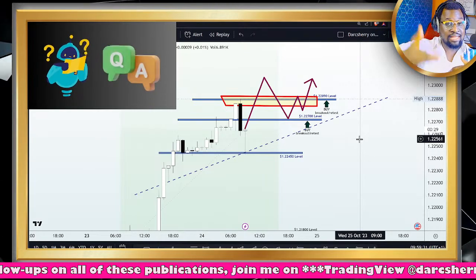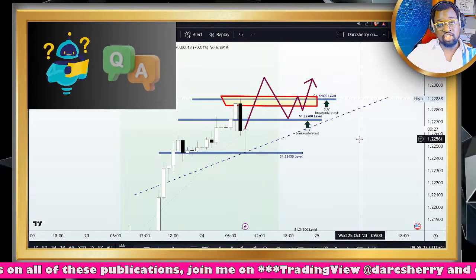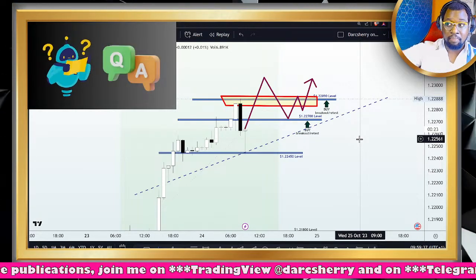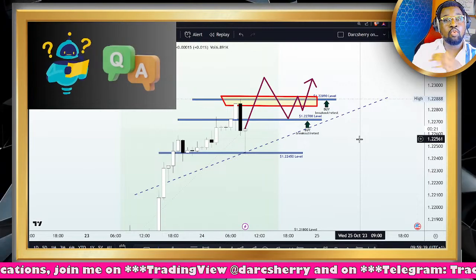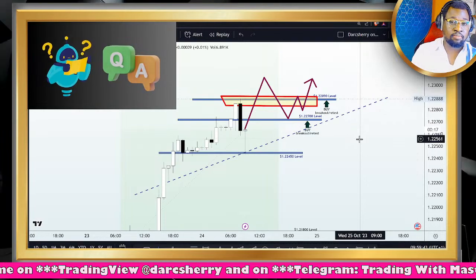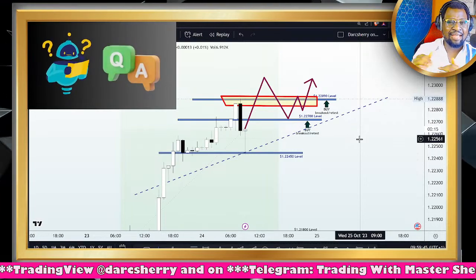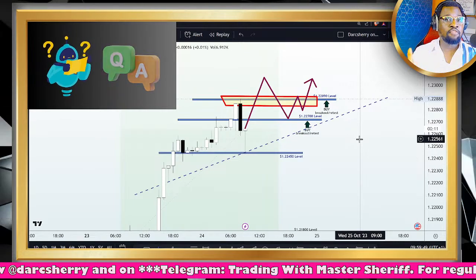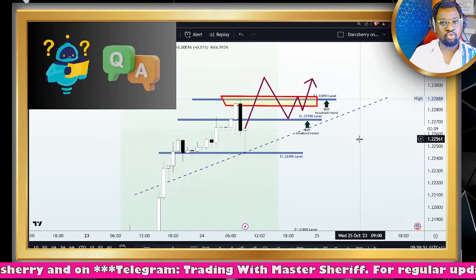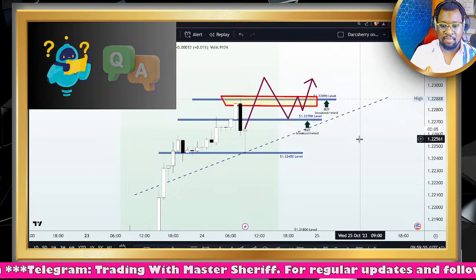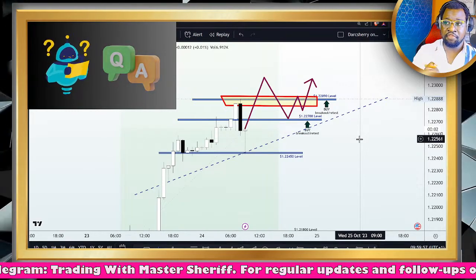And if price breaks down the ascending trend line, then the bullish momentum is negated. So if you have your stop loss in place, there is no point worrying. Let go of that trade and allow the trade to do its thing. If you get stopped out, it's okay. There are quite a lot of opportunities in the market. I do hope I made myself very, very clear here.